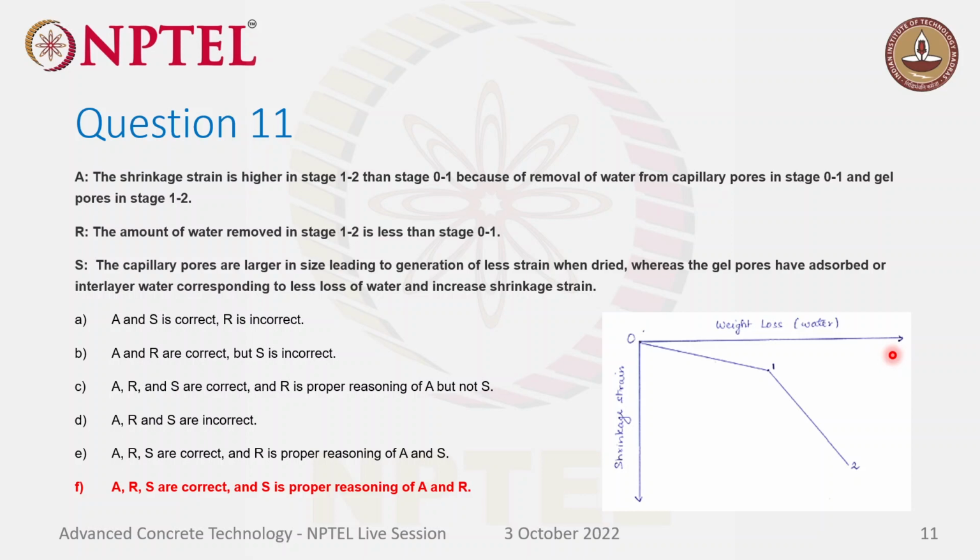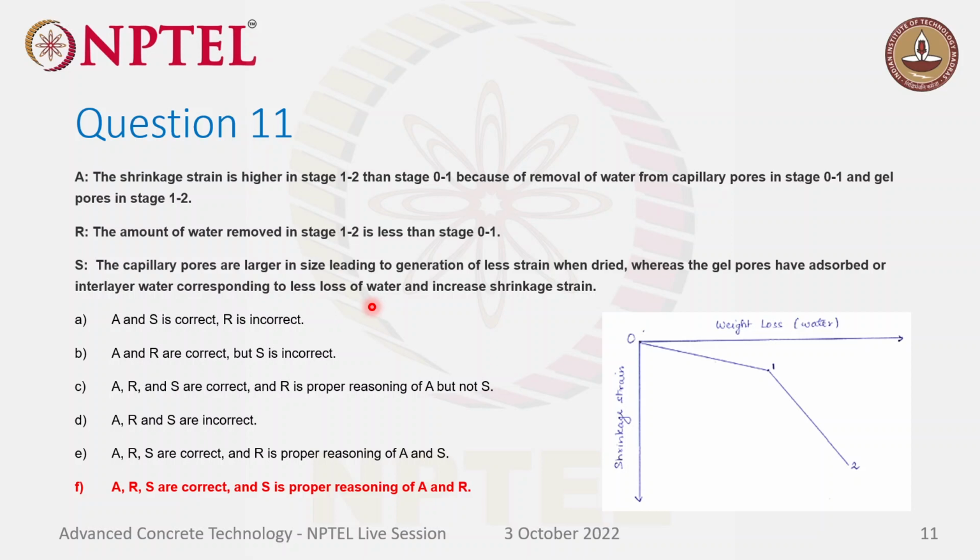It's easy for the moisture from the capillary pores to dry out compared to the gel pores, because they're very fine pores. It's difficult for the water in the very fine pores to dry out. And here the statement says that the capillary pores are larger in size, leading to generation of less strain when dry, whereas the gel pores have absorbed or interlayer water, corresponding to less loss of water and then increased shrinkage strain, because it's very